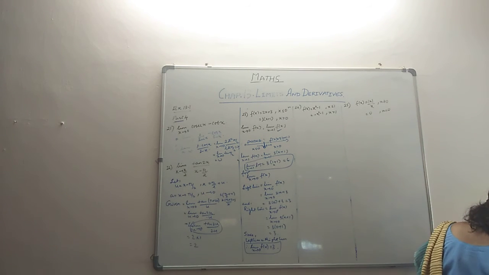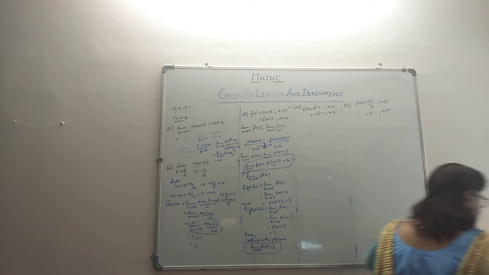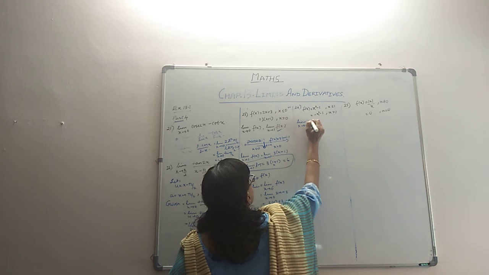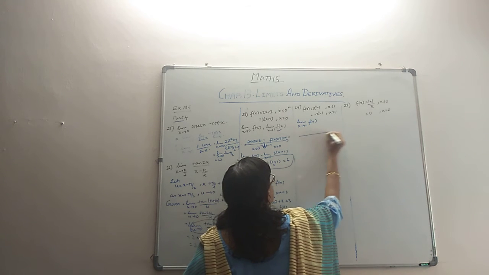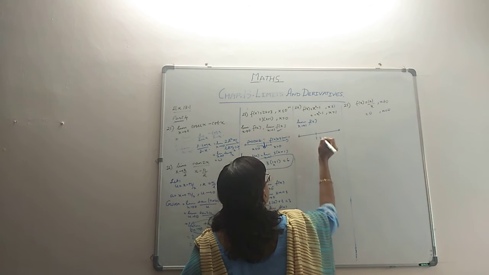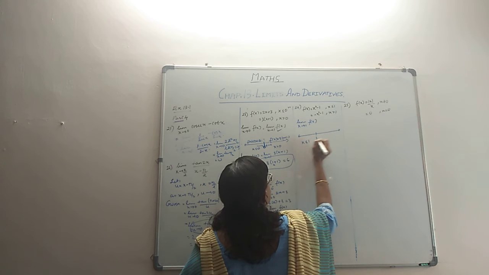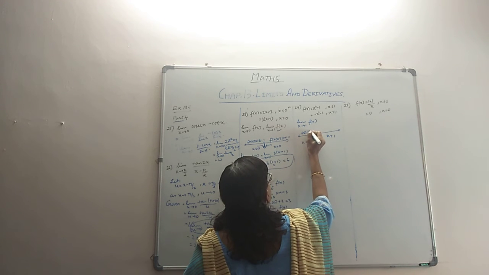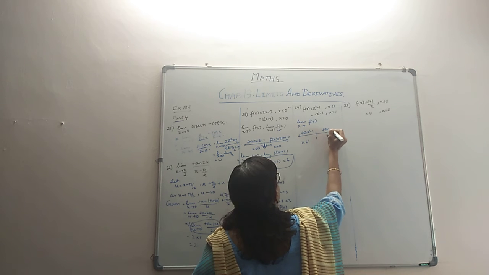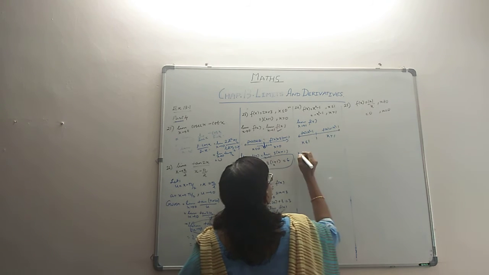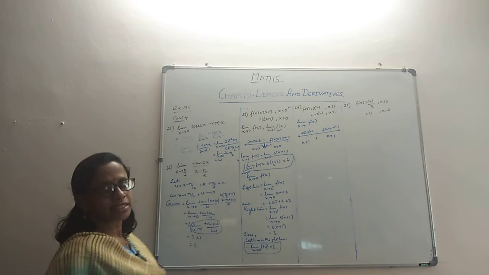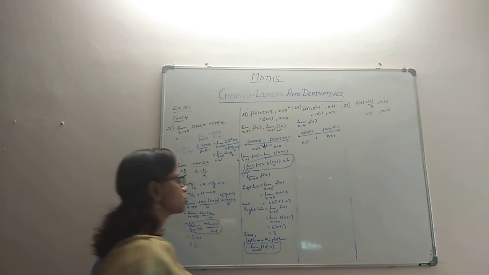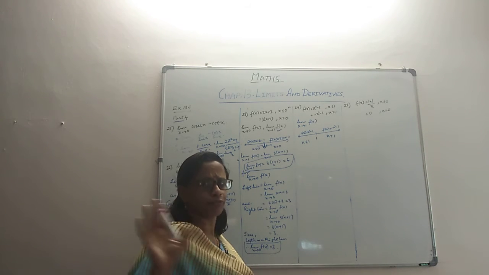Okay, I have written half the question. 24, there is a break-up function, and then they ask us to find the limit as x tends to 1 of f of x. There is a problem at 1. It's like this: for x less than or equal to 1, the function's value is x squared minus 1, and for x greater than 1, the function's value is minus x squared minus 1. So if they ask us to find the limit as x tends to 1 of f of x, obviously we are going to see the left limit and right limit, and then check how it comes out. By now we have got used to what we have to do.